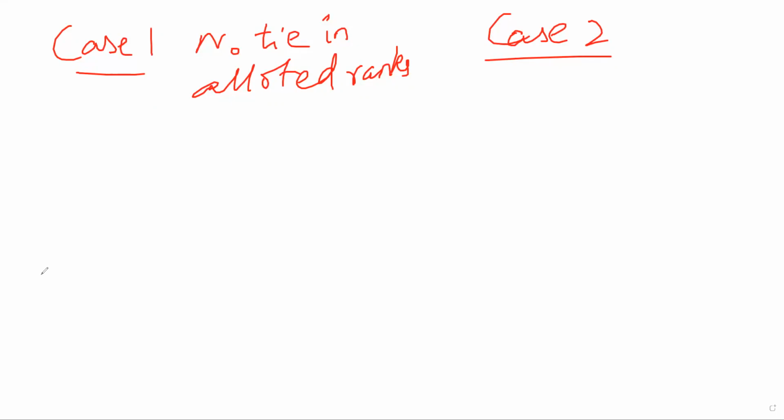Did you all understand the question till this point? In case 1, I have 5 students writing two different exams, essentially anatomy and med-surg. I am trying to find out the relationship between the marks of one and what kind of change it will have on the other variable. So if a person gets X marks in anatomy, what will be the effect on their med-surg marks? Will the marks increase, decrease, or be average? What is the relationship between anatomy marks and med-surg marks? I'm trying to find that. This is case 1: no tie in allotted ranks.